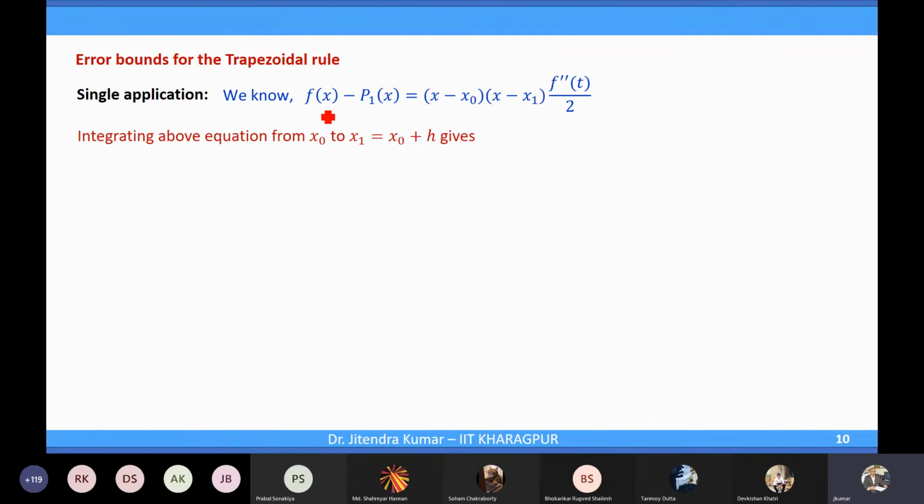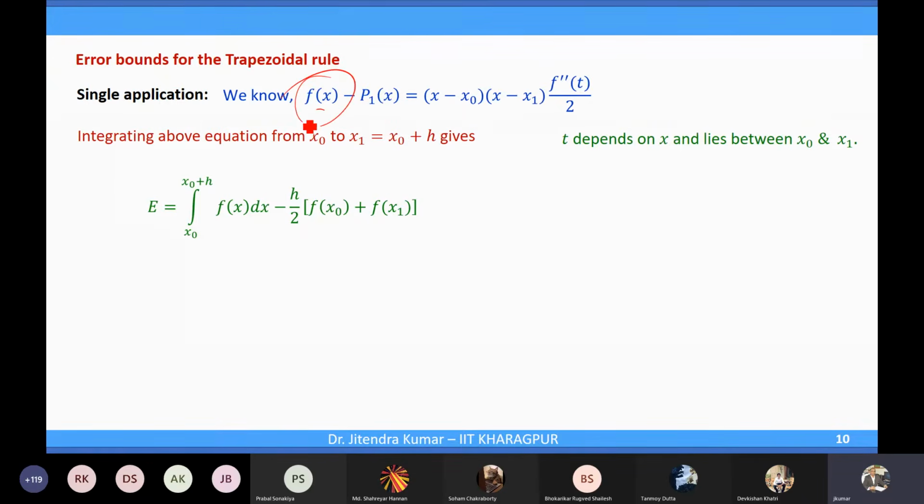Now we integrate here both the sides. So this was the error in interpolation; you can just get back and look at it again. This t here, I have written, depends on x and lies between x_0 and x_1, the two points you have considered. So this t is somewhere in that interval. Well, so if we integrate that, we will get